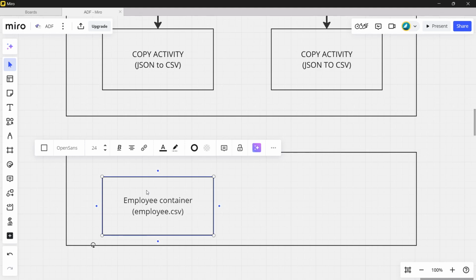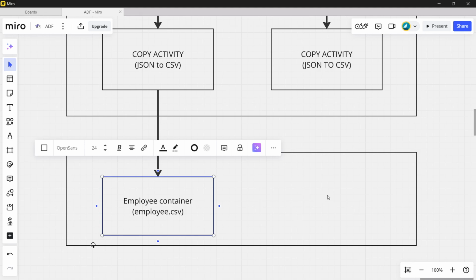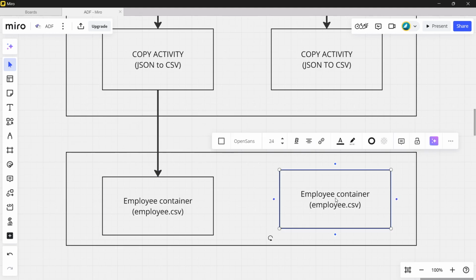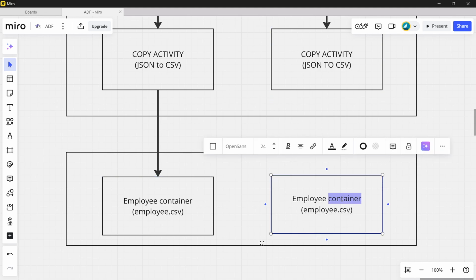So we'll convert our JSON file to CSV using the copy activity and then paste it in the employee container. Let's create a similar one and let's change it to department, and also the name. This will also create department.csv,